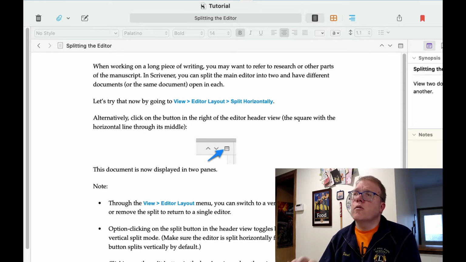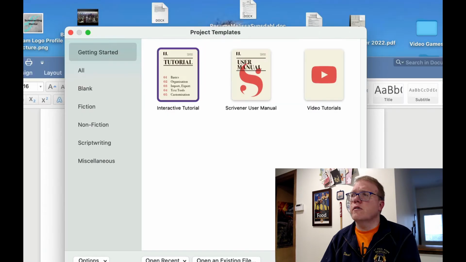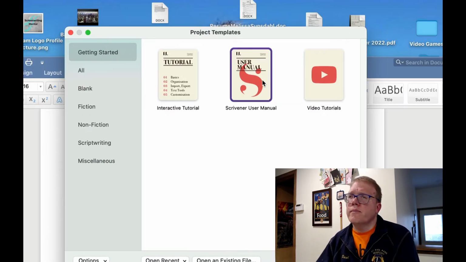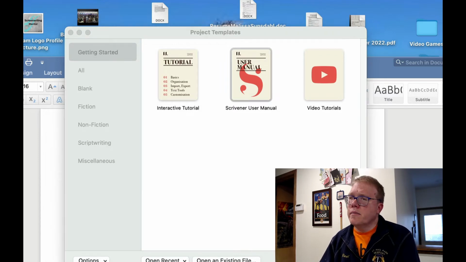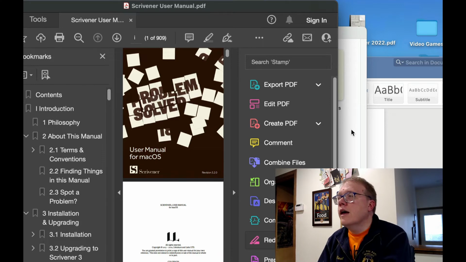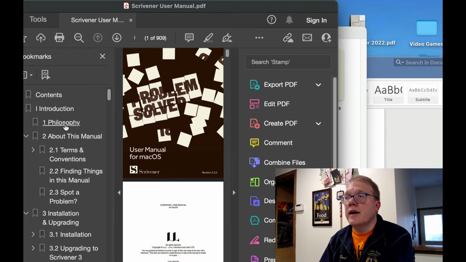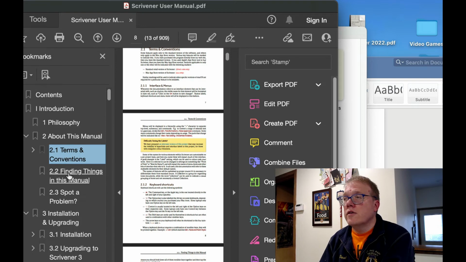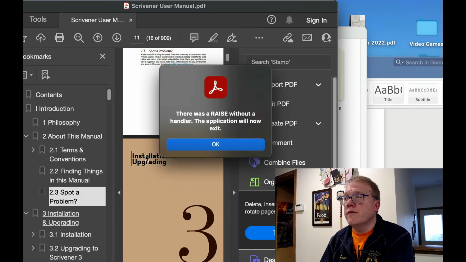Now there is a video. I want to see if I can pull it up on YouTube, but I want to say there's a video that does exactly the same thing. Let's take a look at the Scrivener user manual real quick to see. That comes in as a PDF. So if you're wanting to read the PDF,